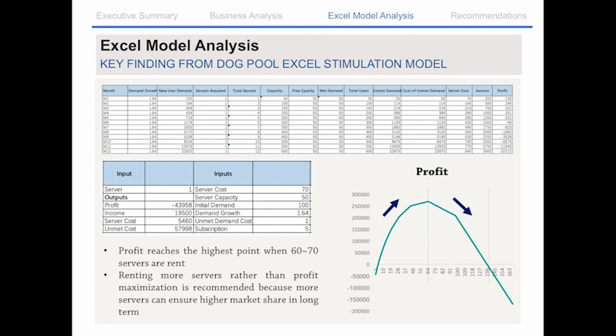Second, if we want to grow our users number and extend our business, it would be cool to choose the server number between 64 and 127. In this range, we may still get income, but somehow expand our service capacity to meet the growing demands of users. More users and better service, good for the long-term development.